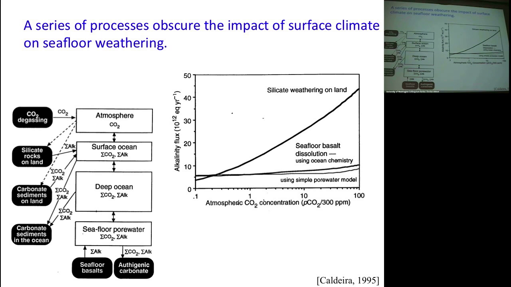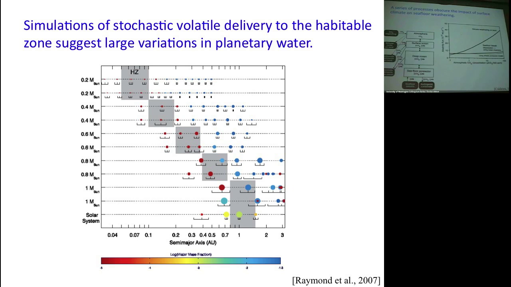So most people who have considered this problem have concluded that seafloor weathering should have very weak or no dependence on surface temperature of the planet and a weak dependence on the CO2 of the planet. And those are the assumptions I'm going to make here. Now it's possible that in certain cases those assumptions could be wrong. It's also possible that those assumptions are wrong on current Earth. So in particular, this type of work is based on 5 to 10 cores down into the basalt. So it's not like there's a huge sample of what's going on down there. But that's what I'm going to assume.